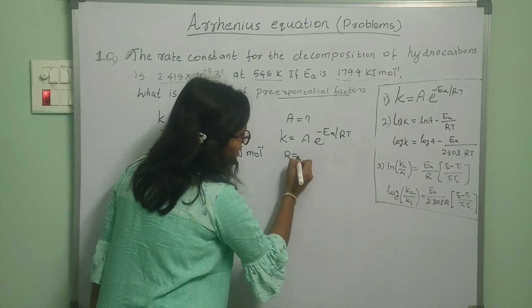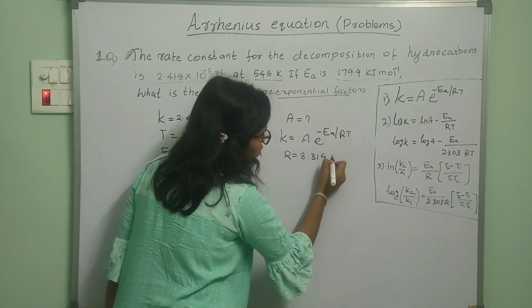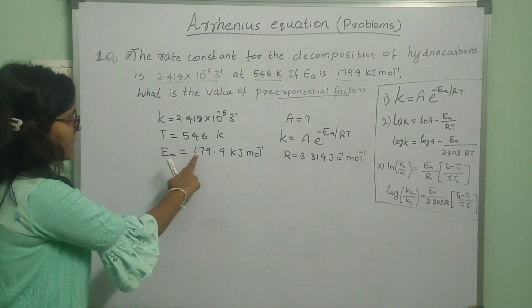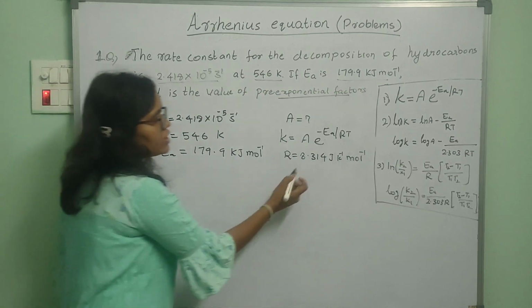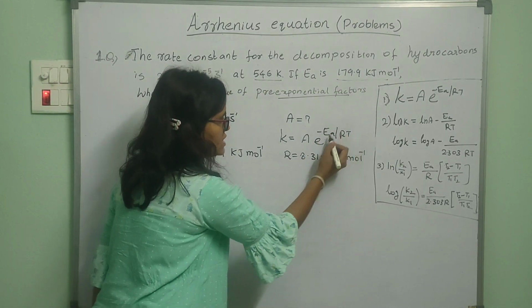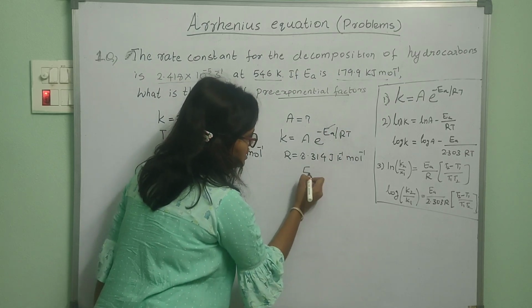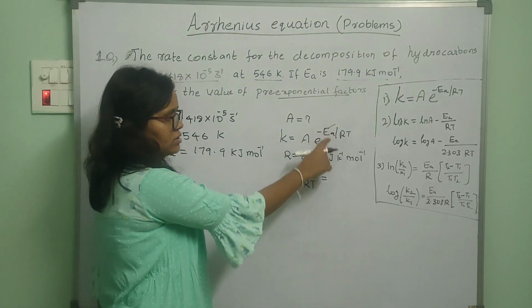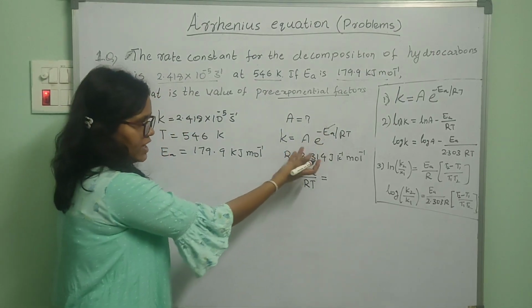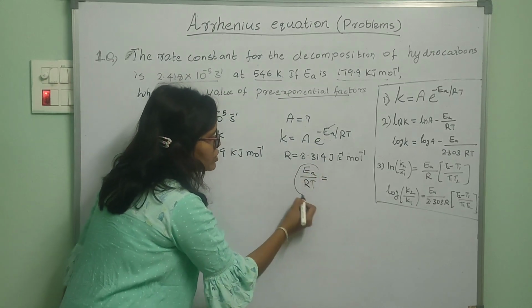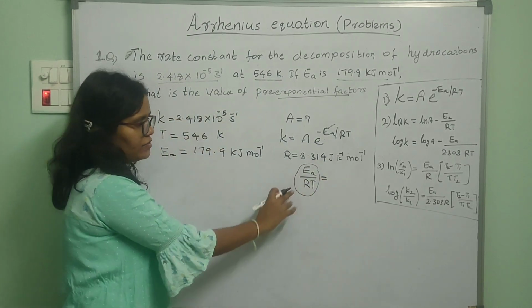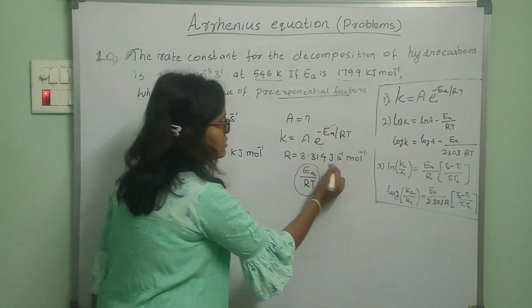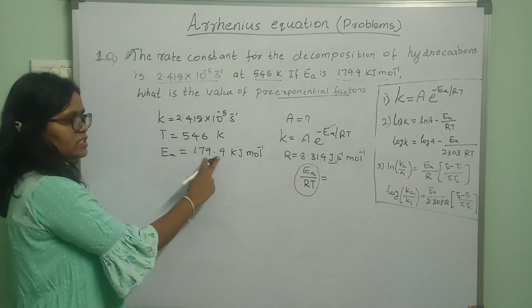So what is the value of R? It is 8.314 joule Kelvin inverse mole inverse, right? But we have the activation energy in kilojoules. So here you have e^(-EA/RT). When you solve this, first we need to solve the EA over RT term and then put it here to get A, okay? To solve this we need EA, R and T. We know that R is 8.314 joules Kelvin inverse mole inverse. Since R is in joules, you also need to convert the activation energy into joules.